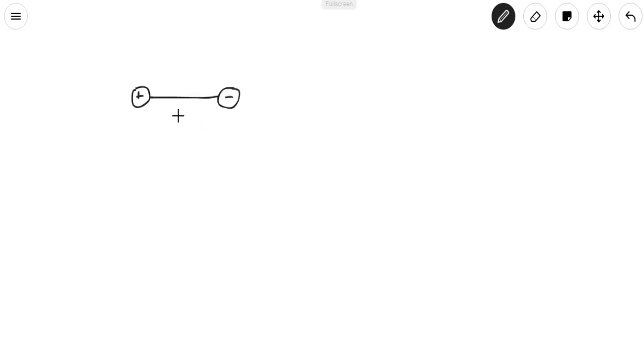If in this pair of two charges one charge is say Q and the other charge is of the same magnitude but negative sign, so minus Q, then this system has two poles. This is the positive pole, this is the negative pole, hence it is called a dipole. You know, mono stands for one, single; di stands for two; tri, tetra.